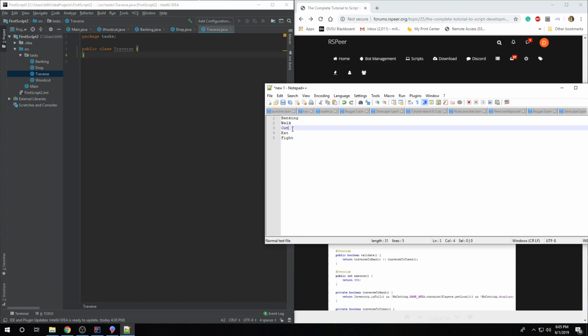Walk is still false, goes to cut, say cut is true, then it will cut, and then until cut's false, it will go back to banking because that's highest priority, and then say that's false, back to walk, false, cut, false, eat, false, back to fight till true. And whenever one returns false, it's going to go back to the first priority, highest priority one first. And this is pretty vital to remember so that you have your tasks executed in the proper order,